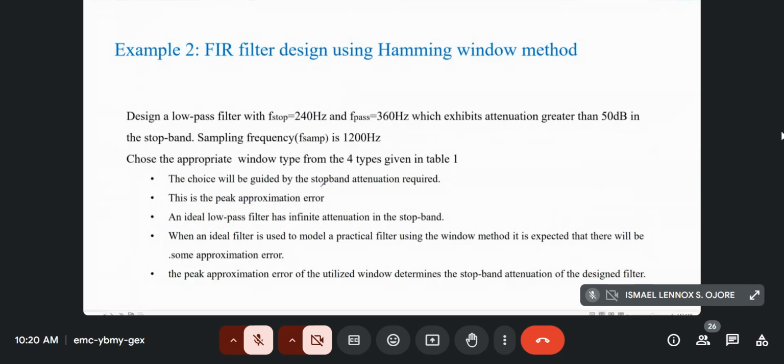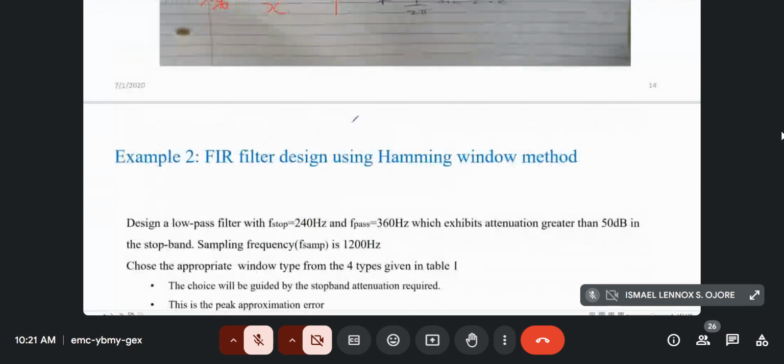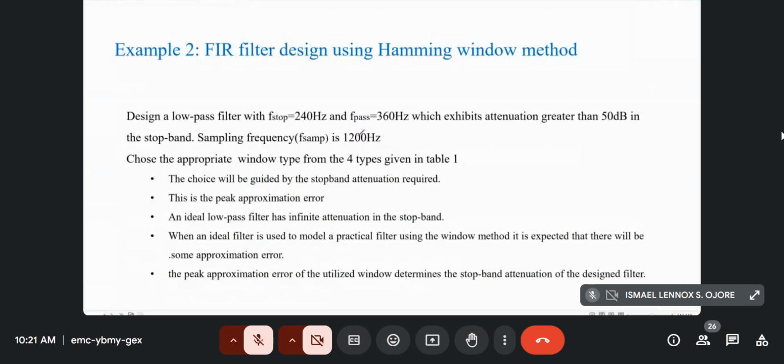So in this case, you are not given omega. Here you are given the frequency. But in this equation you have to use the normalized omega, so whenever you are given the frequency, you also have to be given the sampling frequency to be able to calculate your omega. And that's what we are going to do next, in the next lesson